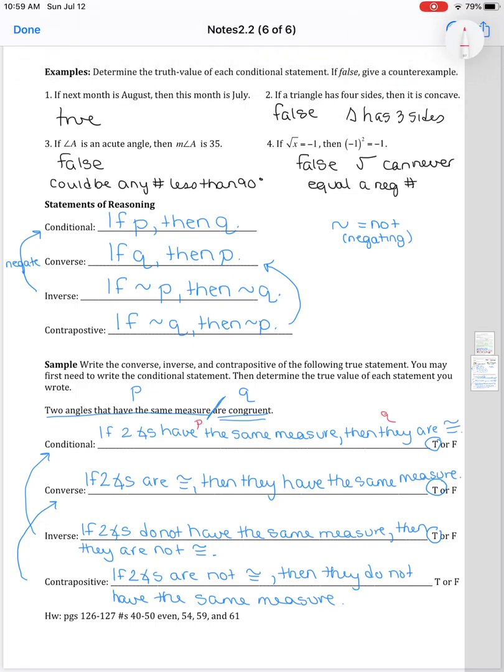Okay. So again, if it helps you to label the parts here, this is your P, this is your Q. The converse flips it, so here's Q and P. For an inverse, we have not P,